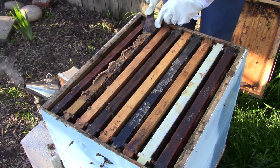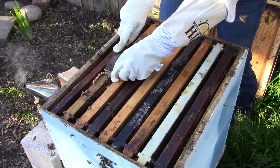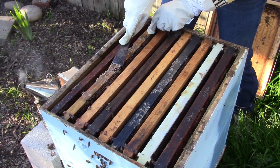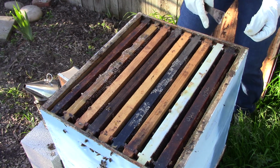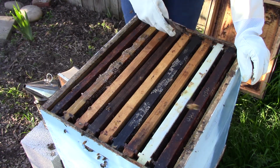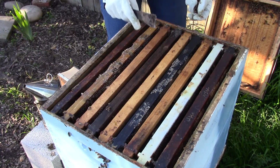I'm just going to clean off the top of this one frame. This is just the wax that the bees produce. It's called propolis. They produce this, and they either seal off the hive from the top, or seal the hive around the edges, or make everything sticky so that nothing else can get in